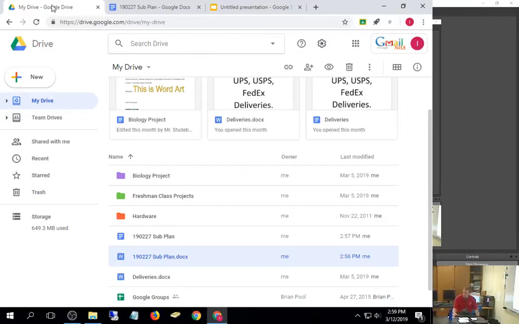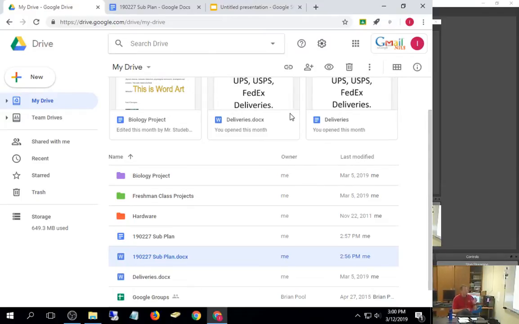I would suggest actually, if you're going to do that, to take the word art and put it into a Google Drawing and then put that in. But that would be great. Okay. So that was converting files, and I'll be honest, I don't do it with Word documents as much as